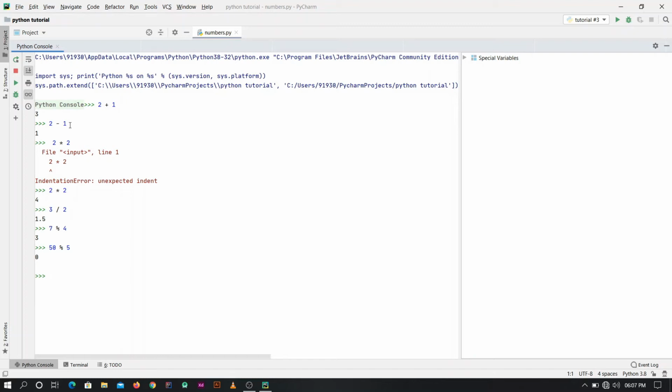So let's imagine we have an odd number, 23, and we want to know if it's even or odd. Well, I could just look at it, but maybe sometime in my code it's stored as a variable and I need to quickly check if it's even or odd. One way I could do this is simply with mod 2.